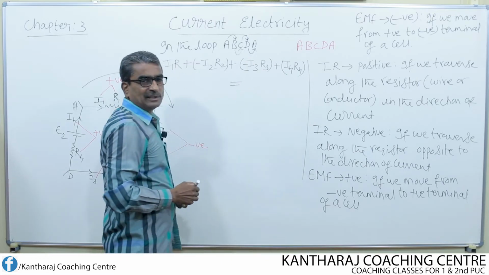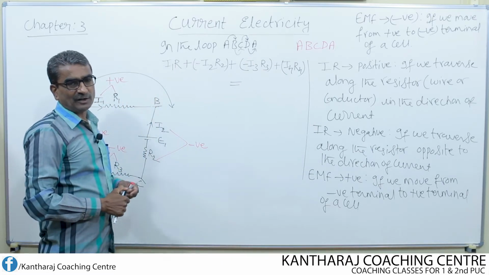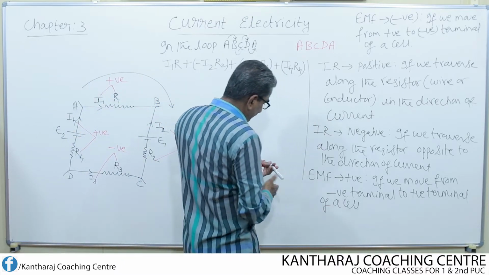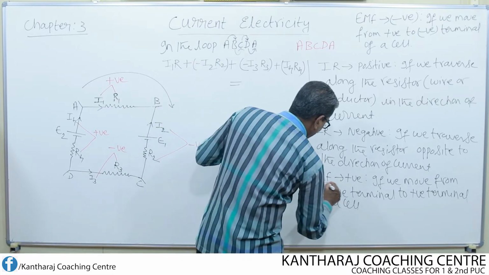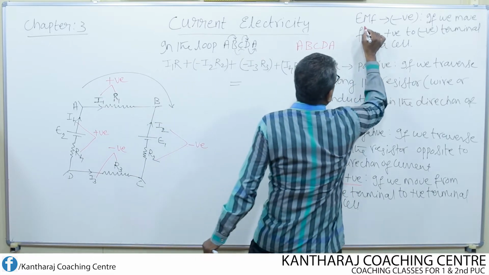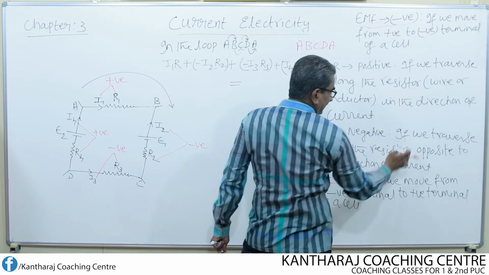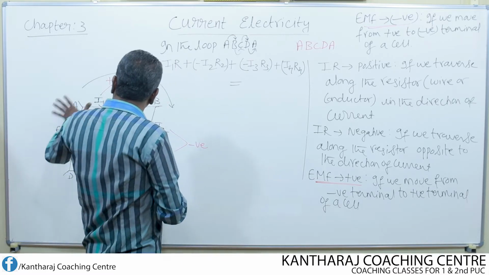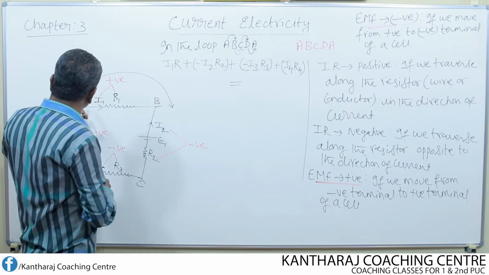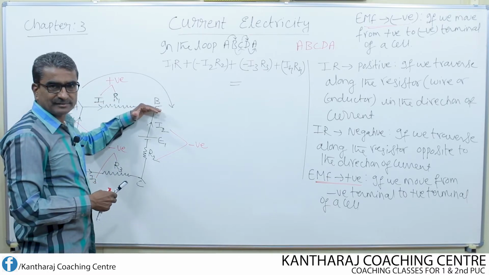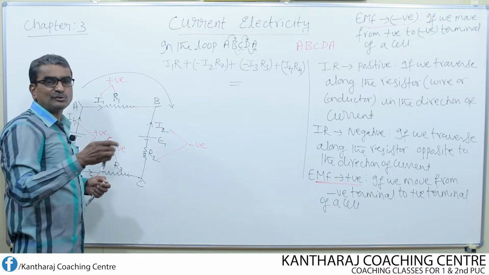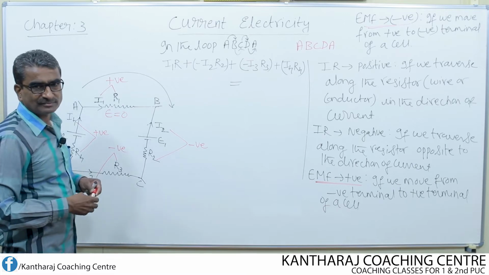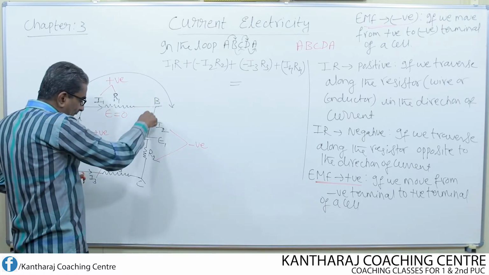And according to the law, this should be equal to total EMF or sum of EMF. Now, let us once again apply the sign convention to EMF. Look here, EMF is taken as positive and also negative according to these conditions. Once again, to write the total EMF of this loop, I start from same point, that means from A, I move towards B. In this branch, there is no cell. Therefore, here EMF is equal to 0. Next, move from B to C.